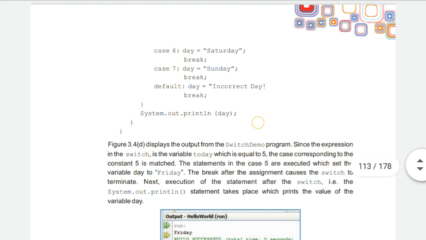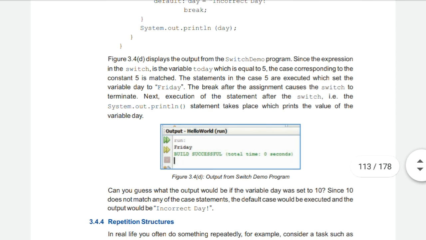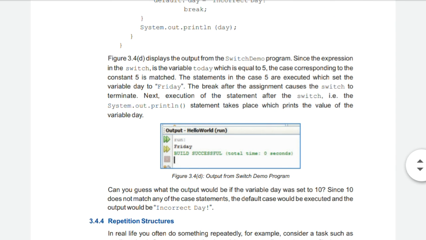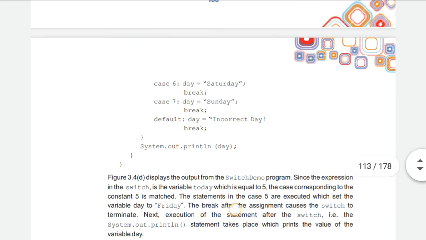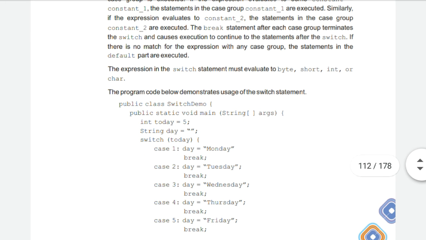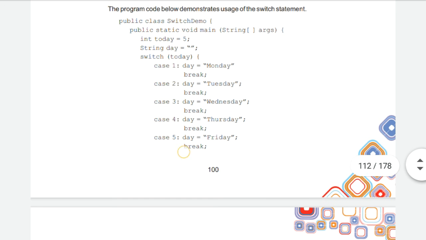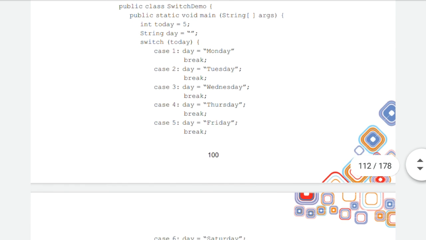After that it will print System.out.println(day). So it will print the day Friday, and build successful. We get the output as Friday because our expression, switch today, was 5, so it matches with this case value 5, that is Friday.